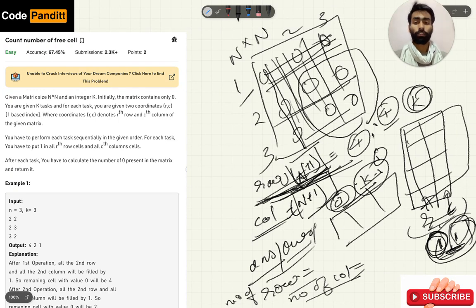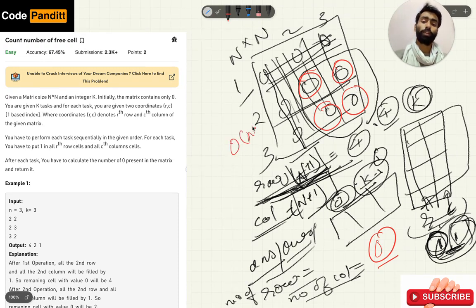After calculating this, at the end of every iteration we will calculate the number of zeros in the matrix. It can be done in two ways. In one way, we can count all the elements having 0 value, which may take O of n into n time, which is not an optimized solution.